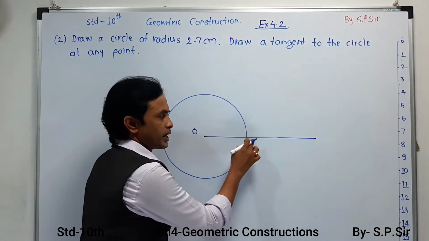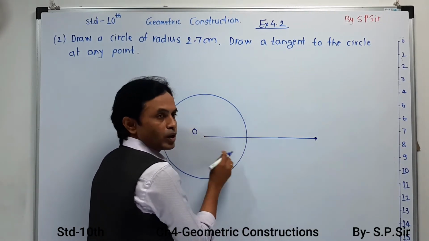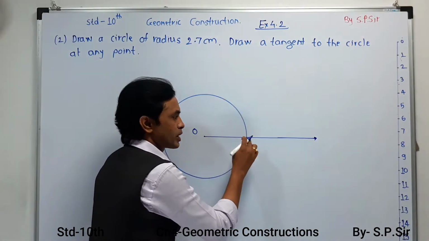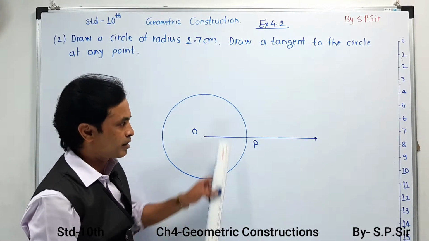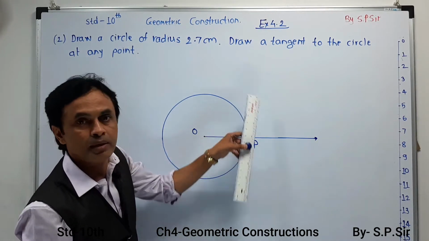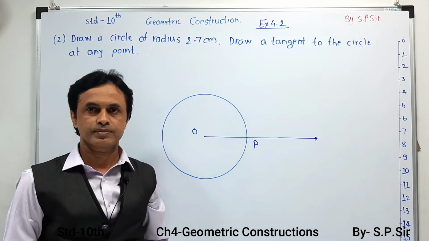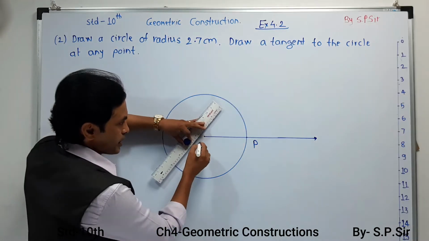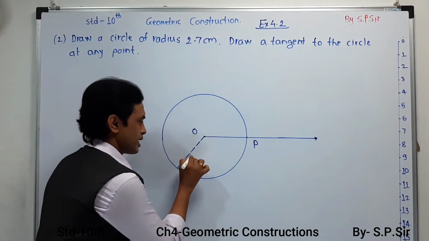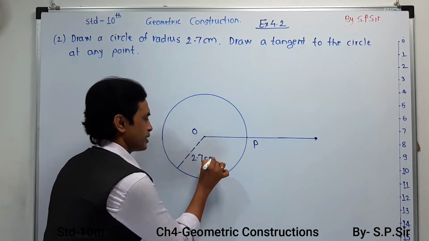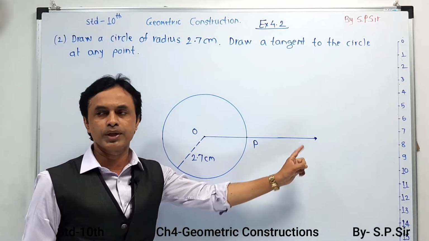Now when I have drawn a radius and extended it outside, I am going to indicate the point which is on the circumference of the circle as well as on the radius, and name this point P. Naturally my tangent will be over here, like this. But now we have to make a construction. The radius of this circle is 2.7, so you can also mark it over here, R equals 2.7 centimeter. Do not disturb this line during the construction.